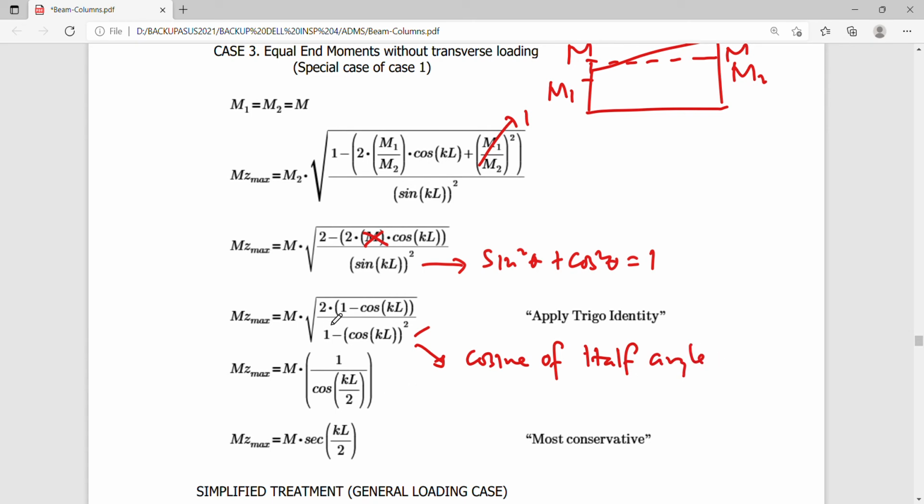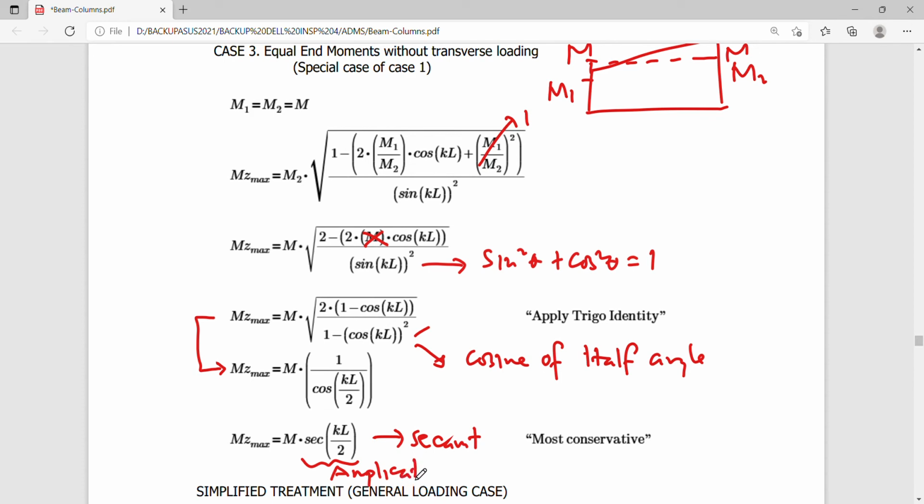So the 2 there will vanish because some cancellations will take effect by applying the trigonometric identity. So this will be simplified further into this equation. Hence, a simpler equation known as the second formula is derived. So this is now your amplification factor for